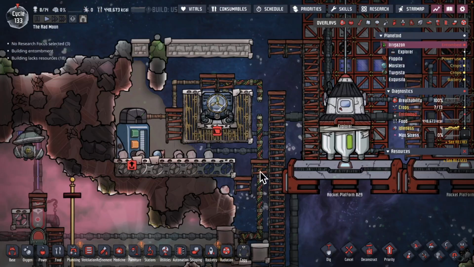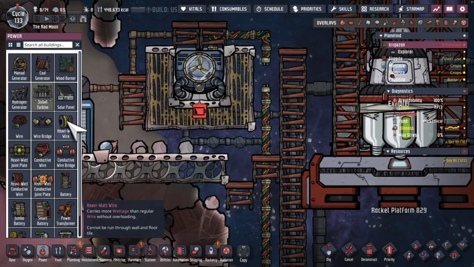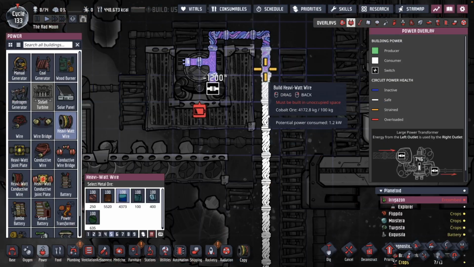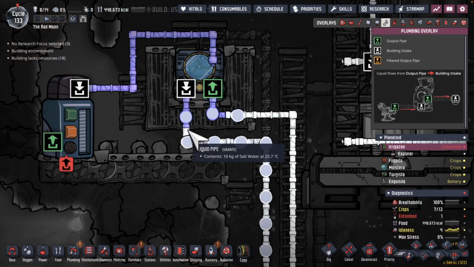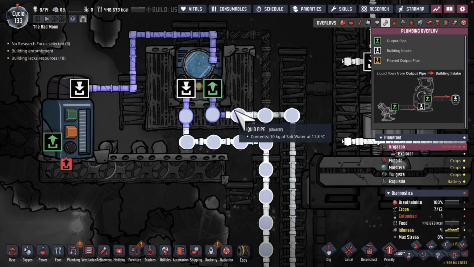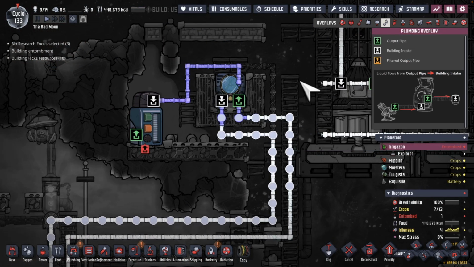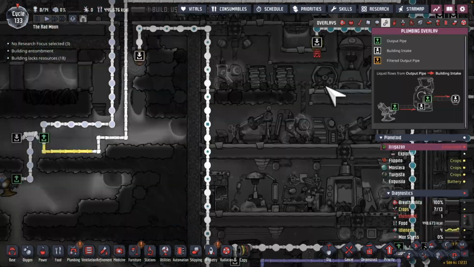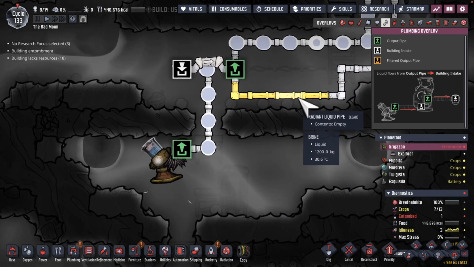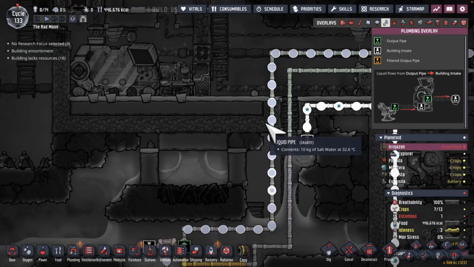Are you ready to start melting steel? So I did a save. Gonna plug this guy in. My salt water is coming in. It's being cooled off. Heading back down. And that salt water will essentially go down here, take on some heat, and make its way back up